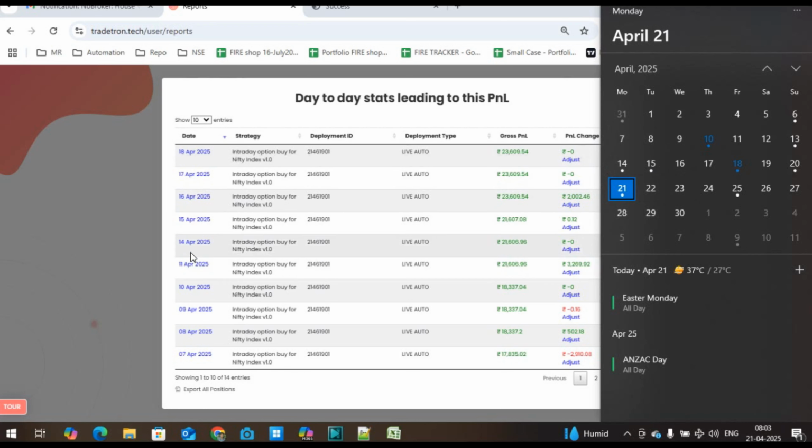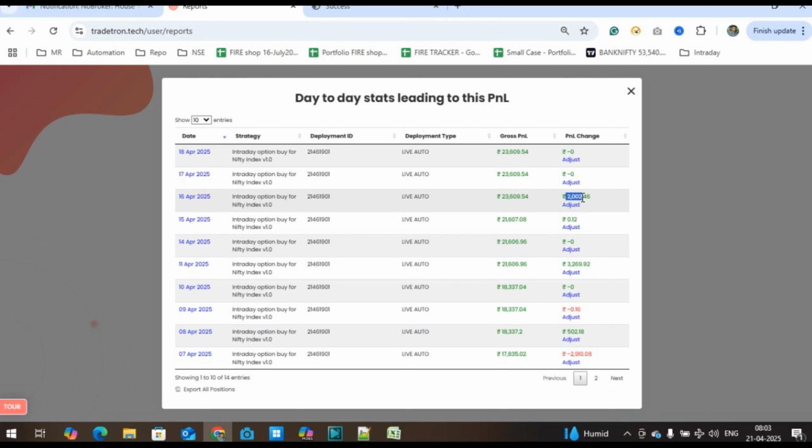On the 14th there was no opportunity, it was a sideways market, so we didn't get any opportunity. And on the 15th also we didn't get any opportunity. There was no breakout, and on the 16th we got a profit of 2000. Okay, so as of now, if you see